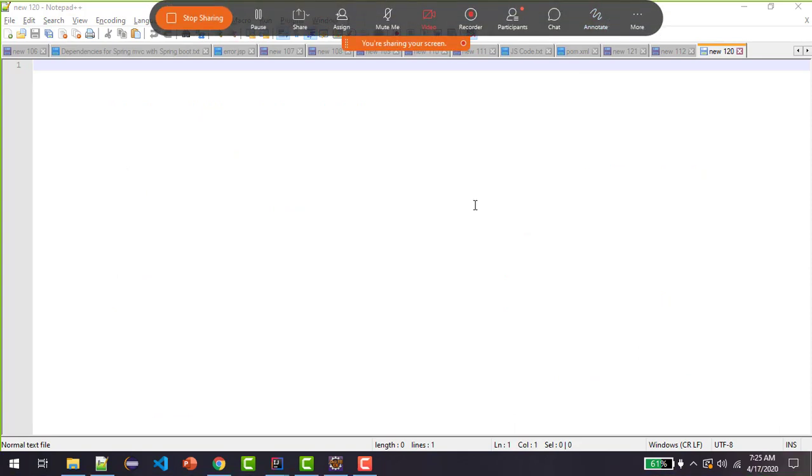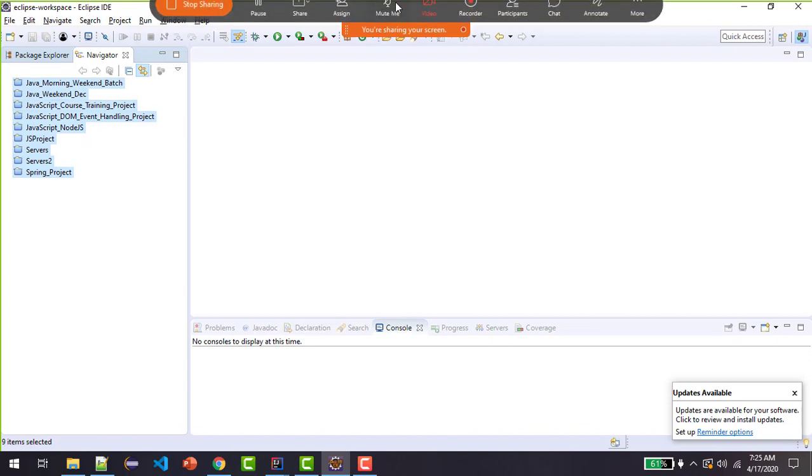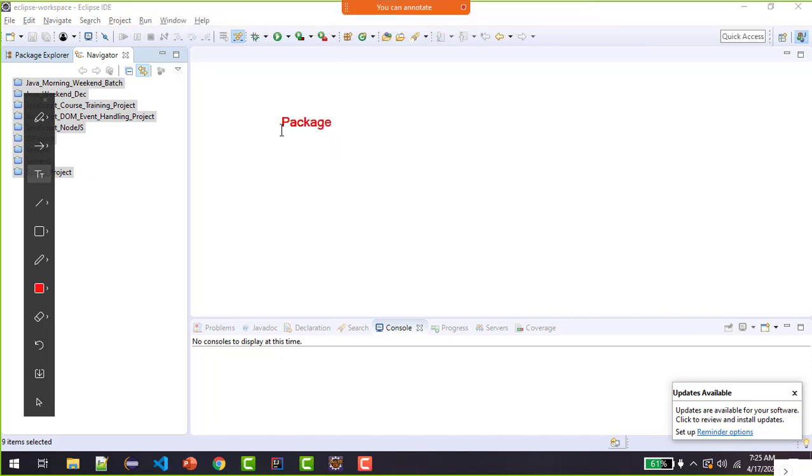Now we'll create a package and we'll create classes as part of our environment. Before I create a package, if someone asks what is a package, what shall we reply? Package is a namespace to organize the set of related classes and interfaces. I need something to organize my class files, my project. How will I organize them? With the help of a package. You can think of a package as a different folder on your computer: I need to keep HTML in one folder, images in another folder, scripts in another folder.